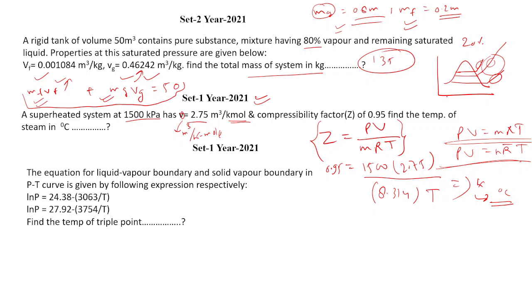Sir, I was asking about the specific gas constant, R by M, the molar mass one. Oh, that you are asking. Universal gas constant you are saying. Sir, the specific gas constant is the universal gas constant divided by M. Should we take M here in kg or in grams? M need not be taken, because it is specific volume. Sir, meaning we do R by M, right? You are making a mistake here. Sir, should we do 8.314 by 18? No, not like that. Here, why have they given kilomole?